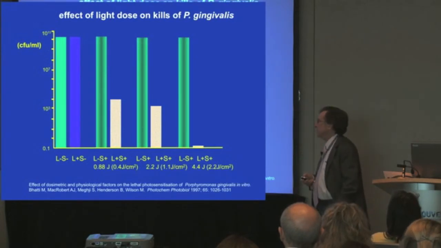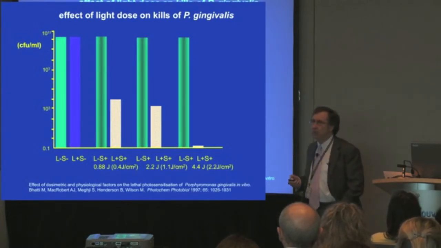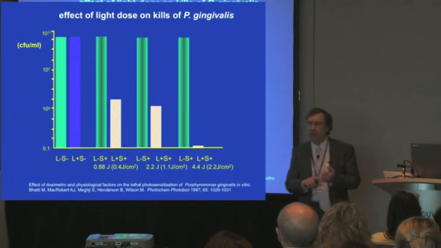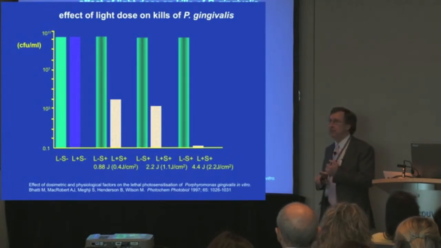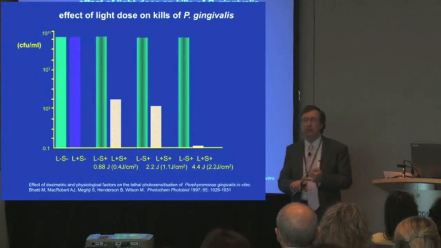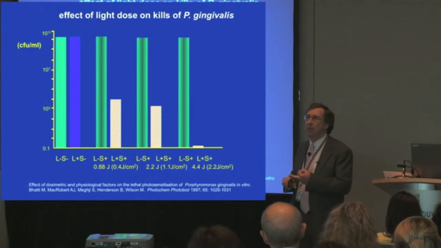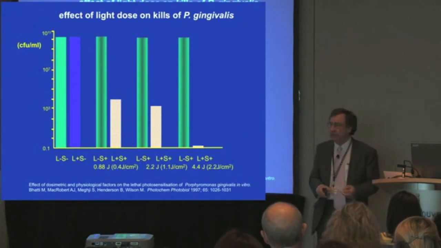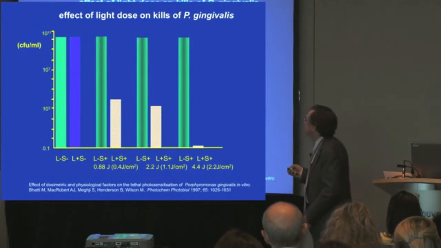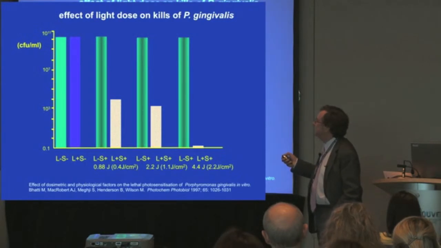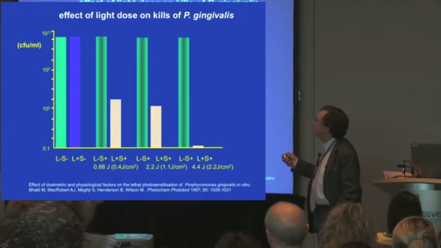Now, these experiments are extremely complex. We've got so many variables and we need so many controls. One has to consider the possible effect of light on the organism by itself. One has to consider the effect of the photosensitizer on the organism by itself, and then the combination of light and the photosensitizer. So lots of controls. For some reason, the error bars are missing from this. I do apologize. So this is a culture of Porphyromonas gingivalis, very high density, 10 to the 10 colony-forming units